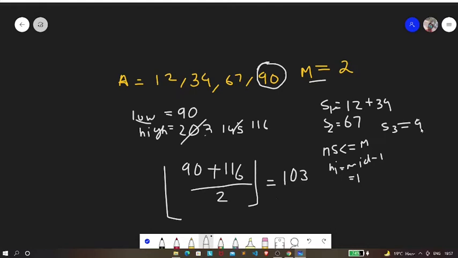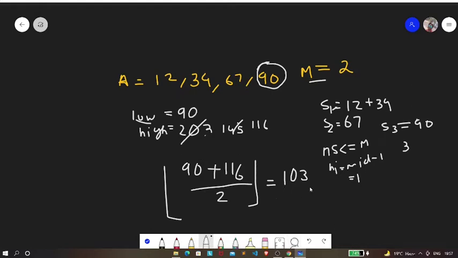To give this 90. Now over here we found that the number of students, when our maximum sum is 103, is 3. Now we know that 3 is actually greater than 2, and hence this condition will not be satisfied. Now if this condition is not satisfied, we need to update our low, because this time we need to increase our max sum.